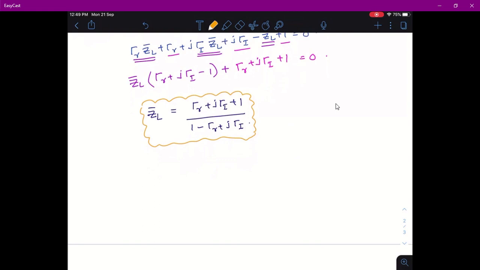Fine. Now if you look at this expression, you see that the denominator is complex, and the numerator is also complex. Note that tau r and tau I are real. It is because of the presence of j that it is becoming complex. So what I want to do is make the denominator real. How will you make the denominator real? You multiply by the conjugate.